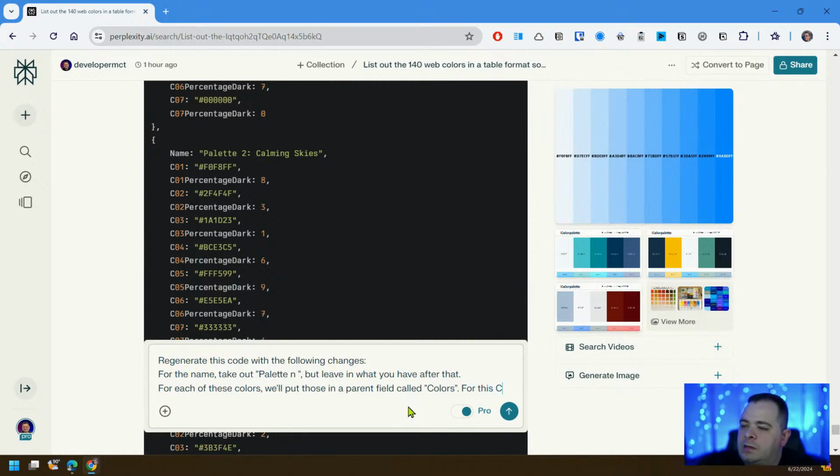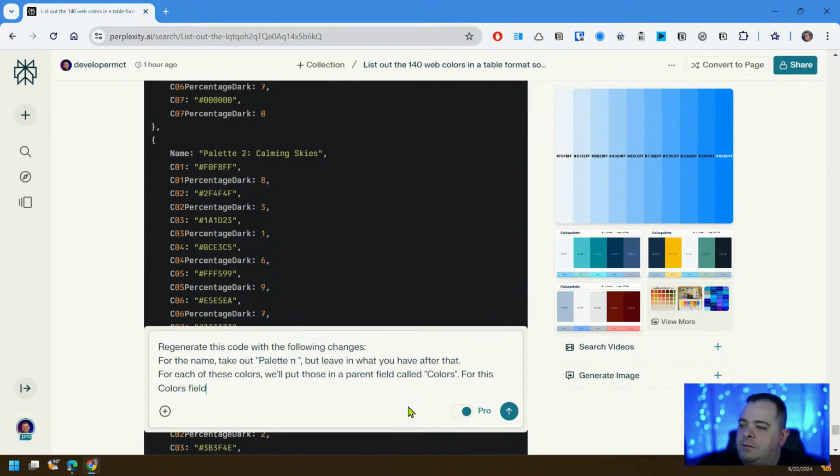For this colors field, it will contain 7 items. Each of those should have a color name,